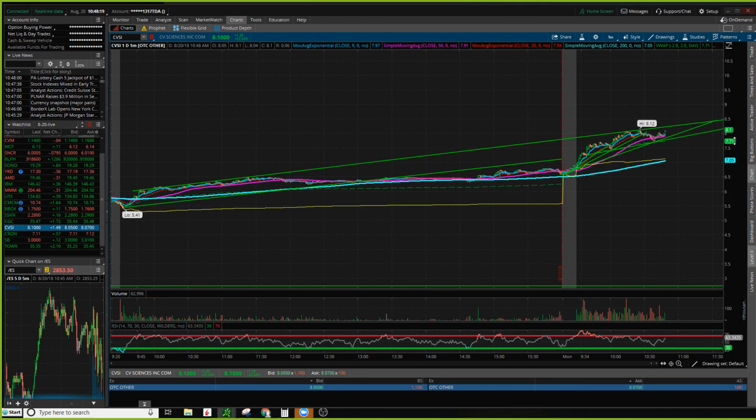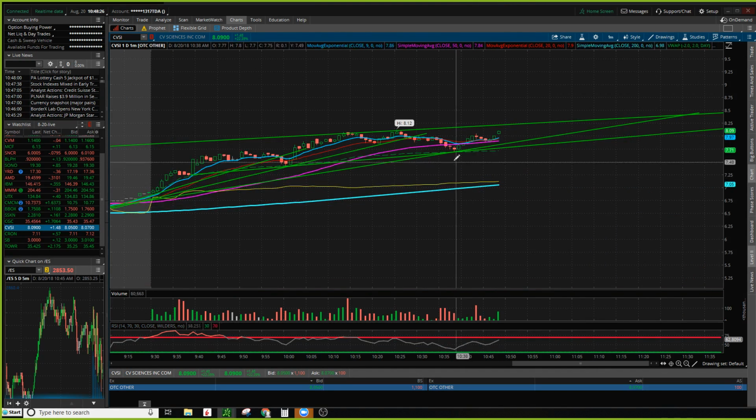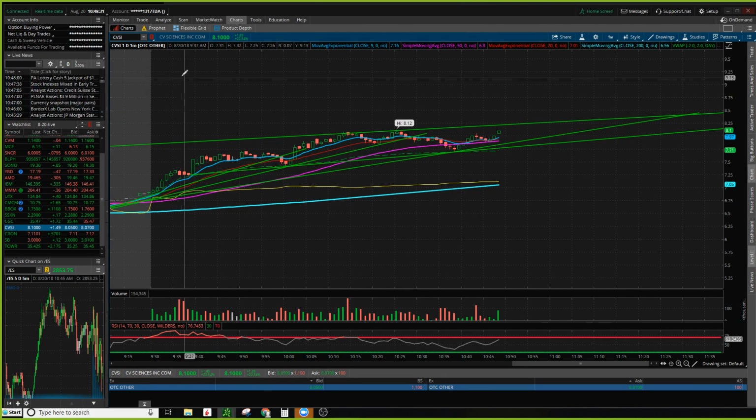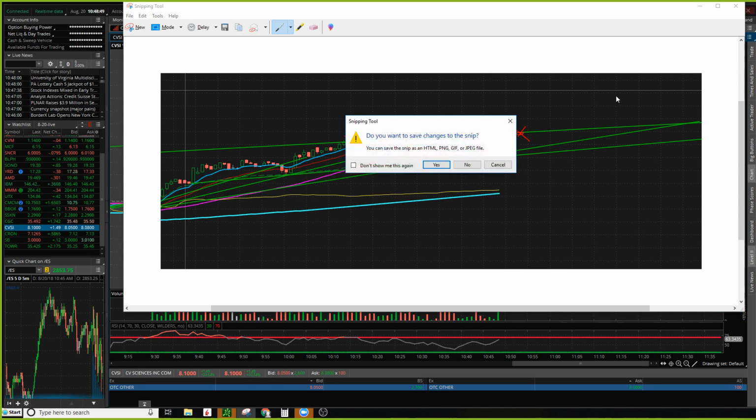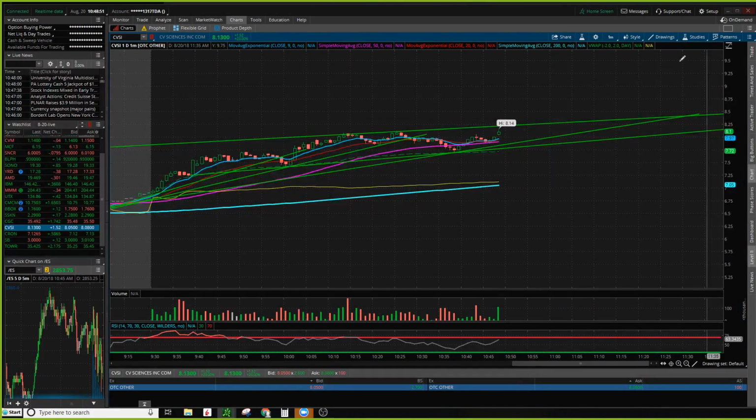So CVSI, which I thought was going to be a potentially really good short if it lost VWAP, is now forming an inverse head and shoulders. So we've got the head, right shoulder, left shoulder, nice and rounded, and you've got the high of day, all this resistance right here, and if it breaks out from this, you could see a nice little pop. I really like inverse head and shoulders,